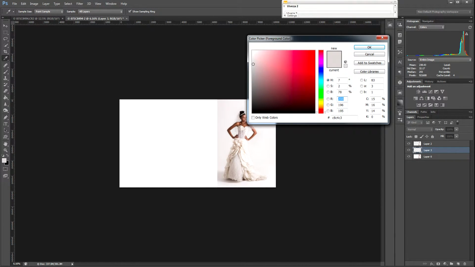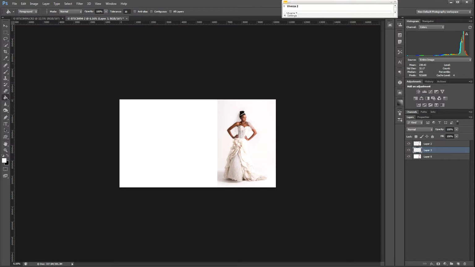Okay, now it's telling me what color do we want to pick. We want to pick this over here. Okay, so that's what we'll do. We'll click OK. And let's bring this layer on top. With that layer selected, we'll just dump the paint bucket in there. And we'll see that if we put a layer mask on it,